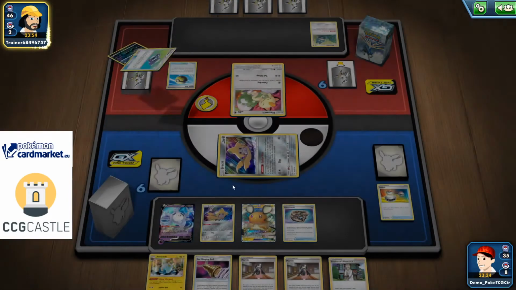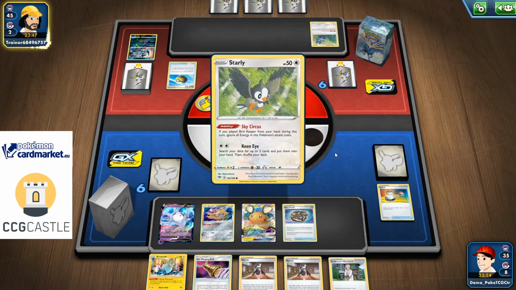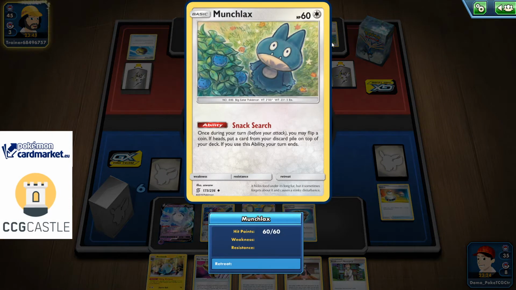There's Absol, okay. Yeah, it is, okay. Anyways, Munchlax is a pretty cool card. With the Snack Search, you can basically flip a coin. If you get heads, you can put a card from the discard pile at the